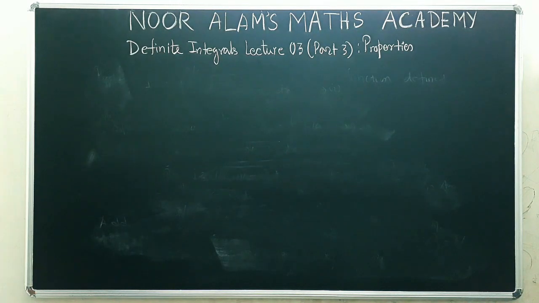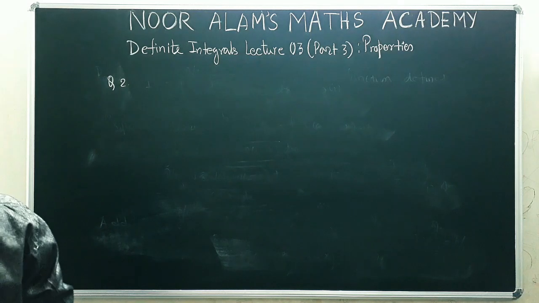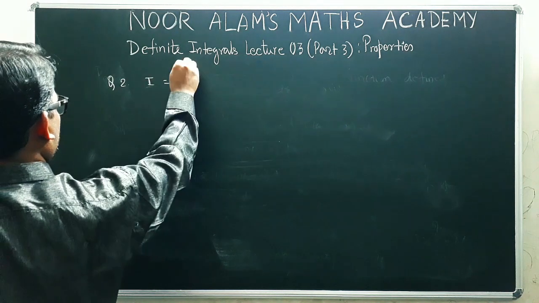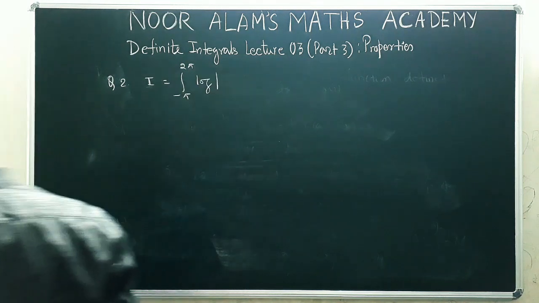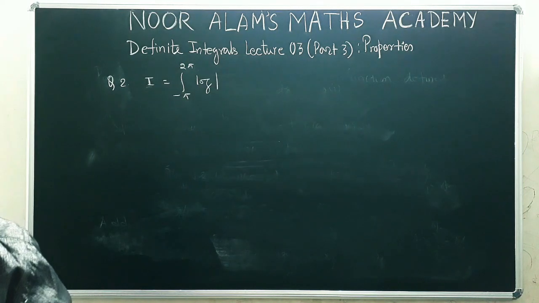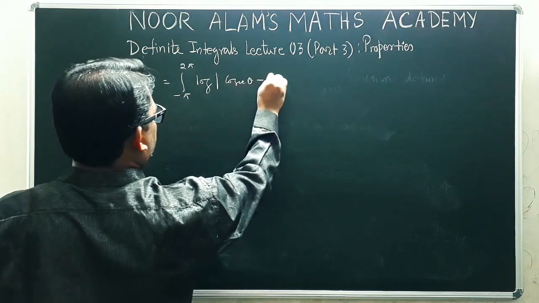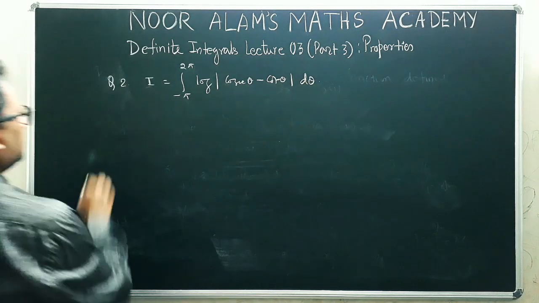Question number 2. Question number 2 is the integral I equal to the integral from minus pi to 2 pi of log mod of (cosec theta minus cot theta) times log of (cosec theta minus cot theta) d theta. Now